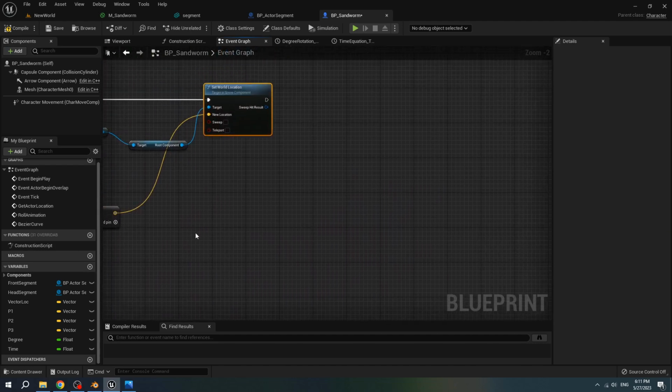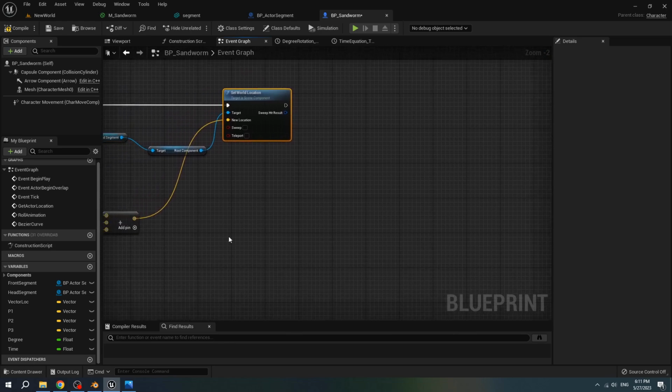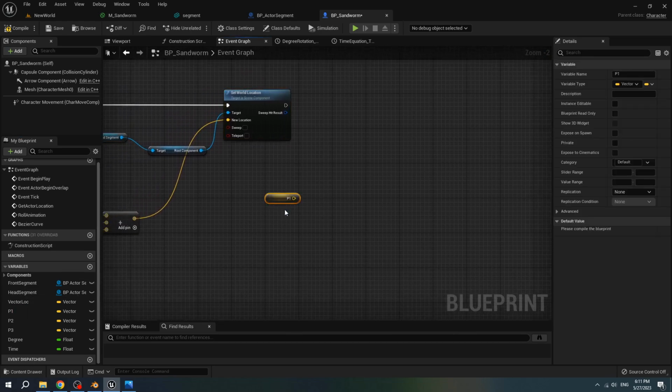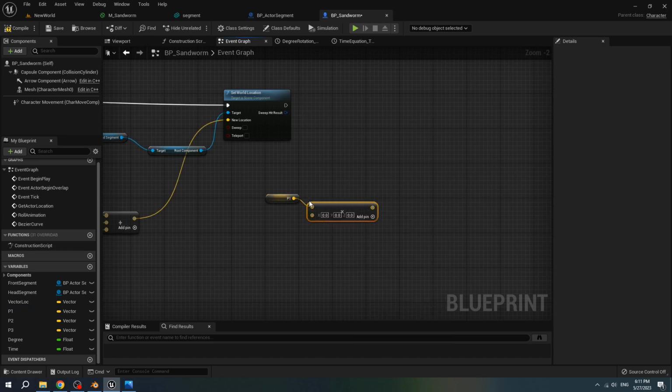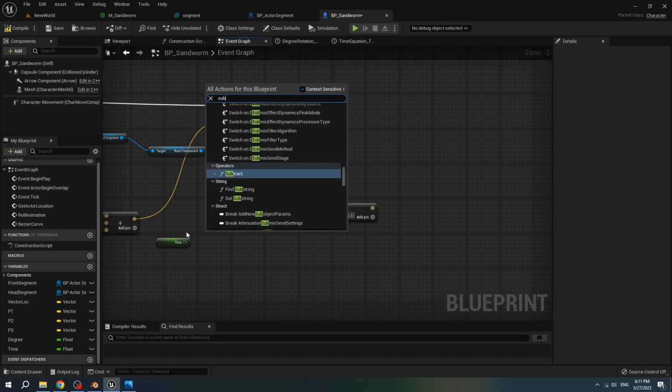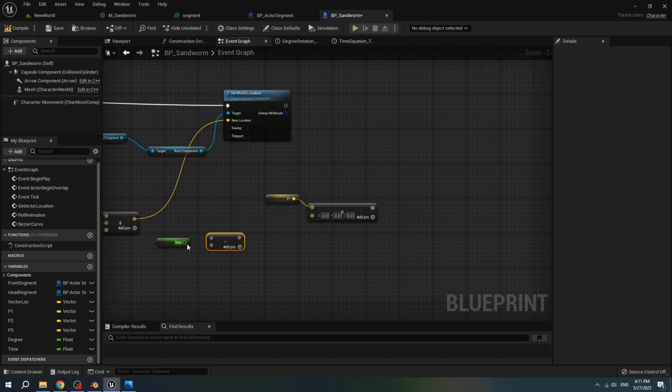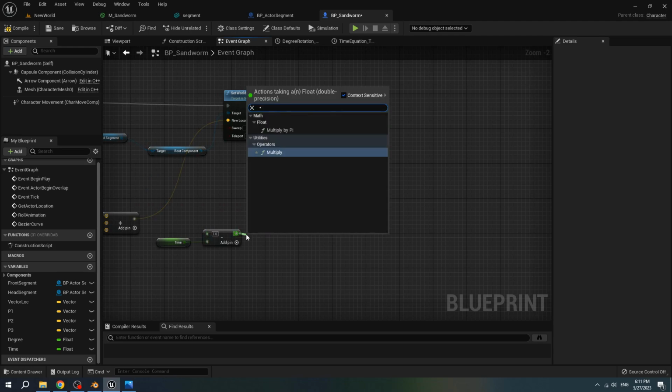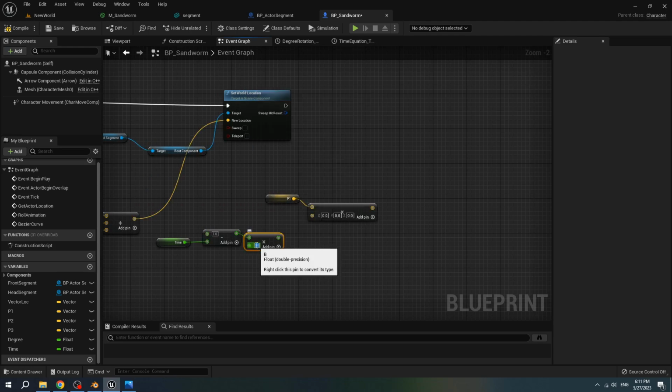This one we want to create the tangent of the Bezier curve from 3 points. Get P1, multiply, get time, subtract, connect time to the subtract, 1 subtract with time, multiply with -2 and connect it to the vector.